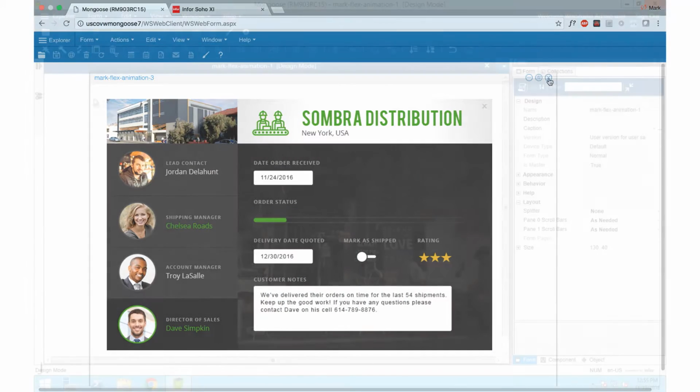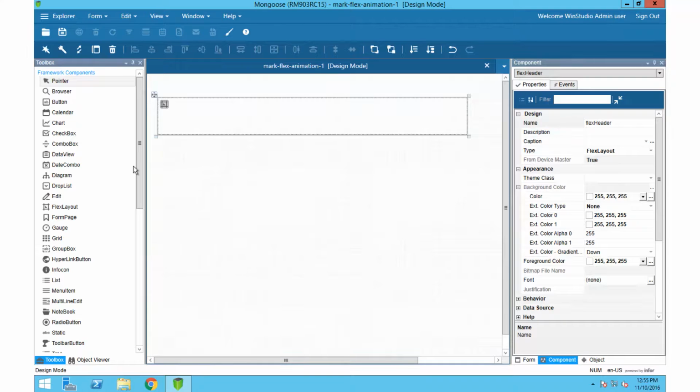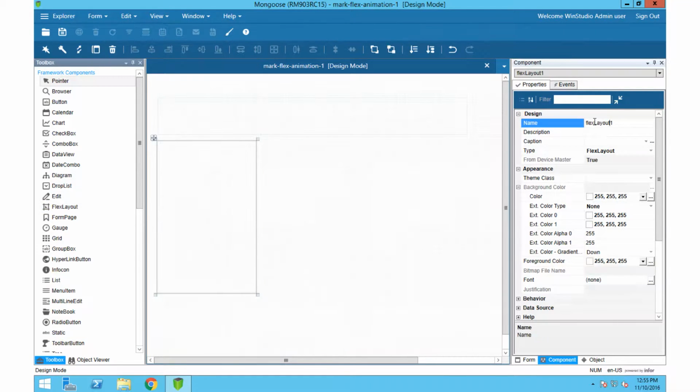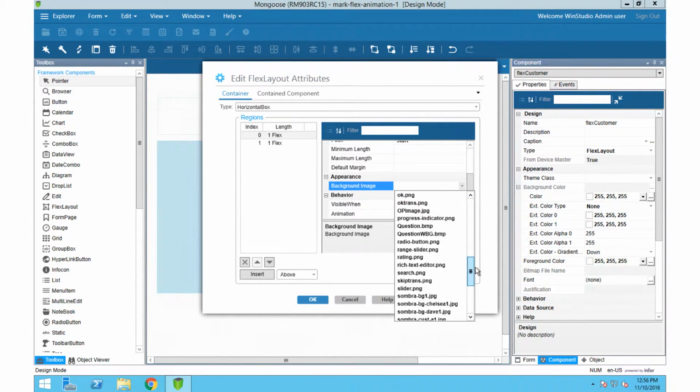Let's jump into WinStudio, and here I have my form, and I'll draw on a few Flex layout components. One for this header image, one for the customer column on the left, and another for the customer info. In this customer's Flex layout on the left, we'll want two regions. If we were actually building this app, we'd probably make this a tiled grid, but to save some time here,